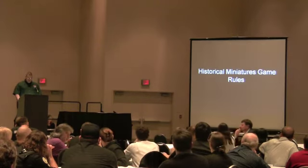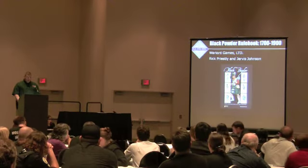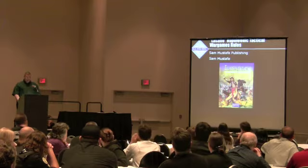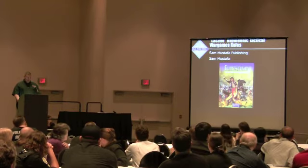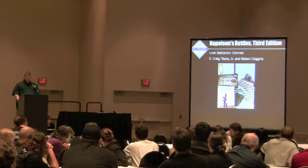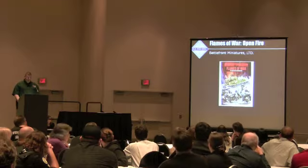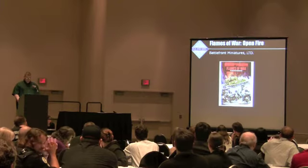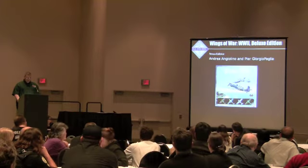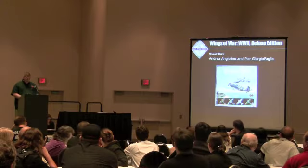The nominees in the category of historical miniatures rules are Black Powder Rulebook, 1700 to 1900 from Warlord Games Limited, designed by Rick Priestley and Jervis Johnson. LaSalle, Napoleonic Tactical War Game Rules from Sam Mustafa Publishing, designed by Sam Mustafa. Napoleon's Battles, 3rd edition from Lost Battalion Games, designed by S. Craig Taylor Jr. and Robert Coggins. Flames of War, Open Fire from Battlefront Miniatures Limited. Wings of War, World War II, Deluxe Edition from Nexus Editrice, designed by Andrea Angiolino and Pier Giorgio Buckley. And the award goes to